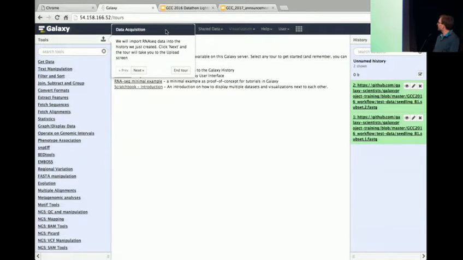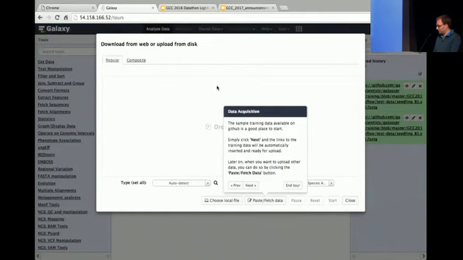You get these boxes that explain to the user what they need to do, and the only thing they need to do is either follow the instructions or click next. I've now made it such that the only thing you need to do is click next, and Galaxy will do all the stuff for you.